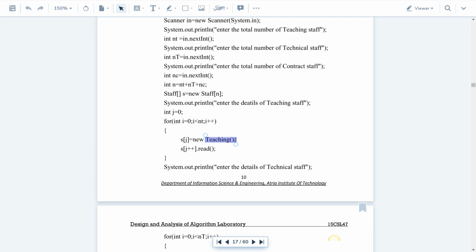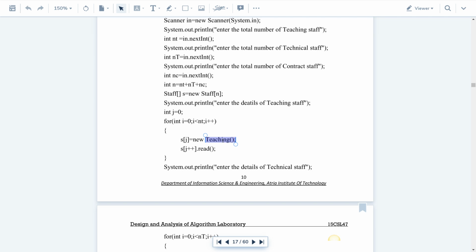Now a separate object is created which has all the variables and methods of the Teaching class as well as the Staff class. I'll repeat it once again, this is very important. When you create the object of the Teaching class, and the array is declared as Staff, you can make use of the same array to hold the Teaching object, because we are using the inheritance concept.